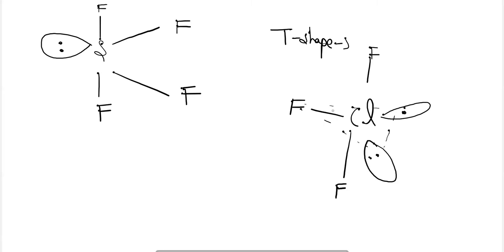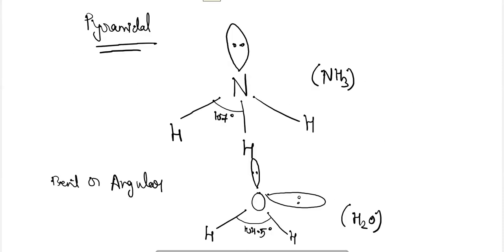Next is the molecules containing 6 electron pairs. Okay, one more thing I want to let you know here is about the structures which have 4 electron pairs. The pyramidal structures generally have 4 electron pairs. They can have the formula of AB4, AB3L with one lone pair, and AB2L2 with two lone pairs.